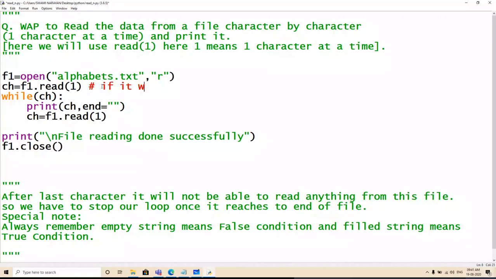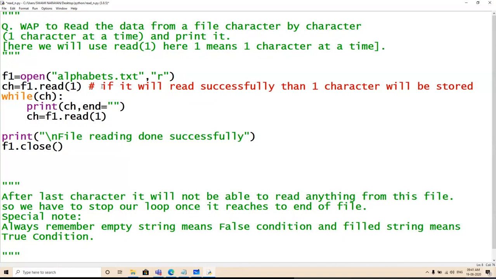If it is read successfully, then one character will be stored. And if one character is stored, while ch means, here something will go in double quotes. Since I have put ch here,